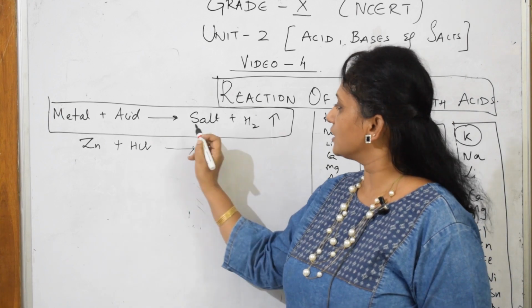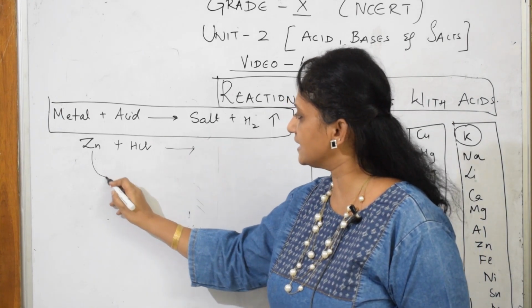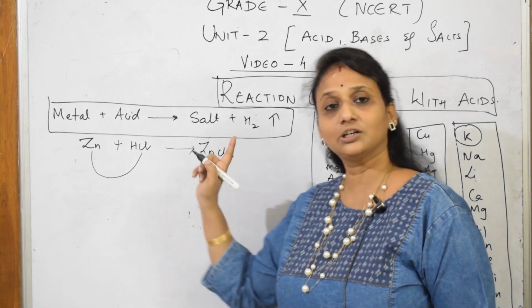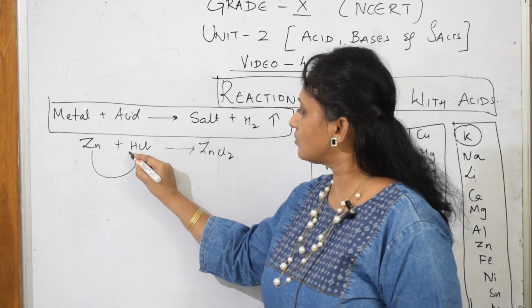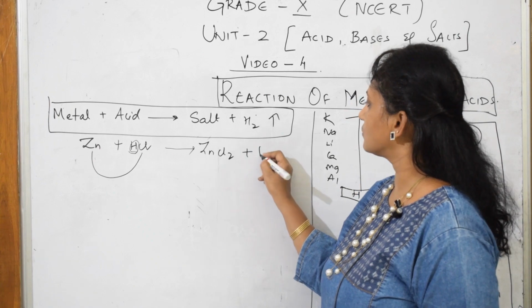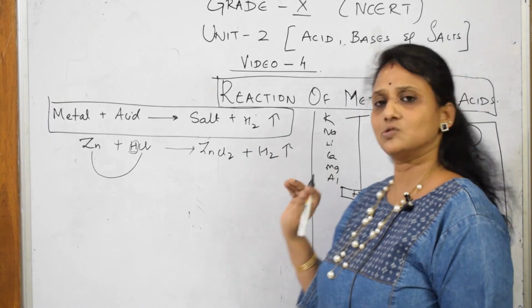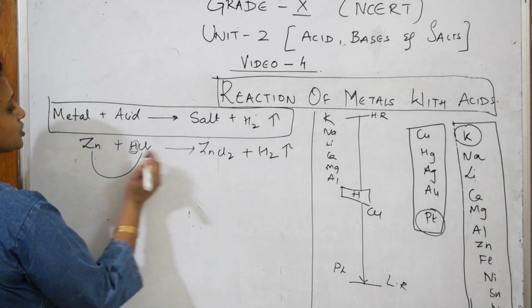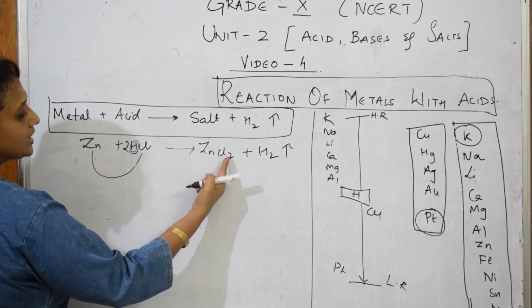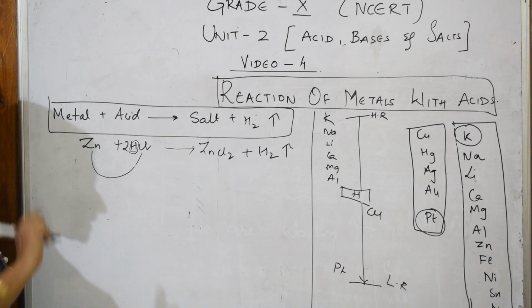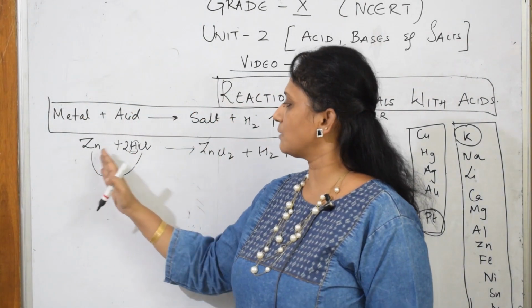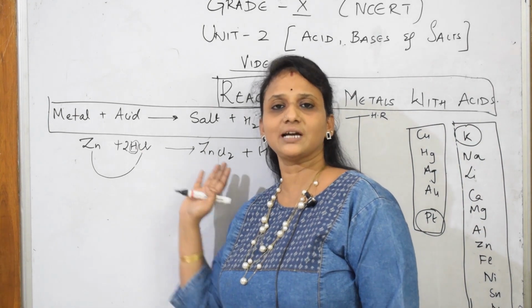Now I said it's going to form salt. Just see, Zn and Cl, it becomes zinc chloride salt. Zinc chloride salt. What is left out? Hydrogen is what is left out, which comes out in the form of a gas. This is also okay. Then we can easily balance it. Here hydrogen is 2, so hydrogen is 2. Chloride is 2, already 2. Zinc is balanced. This is over. Simple reaction. Metal plus acid gives me salt plus hydrogen gas.